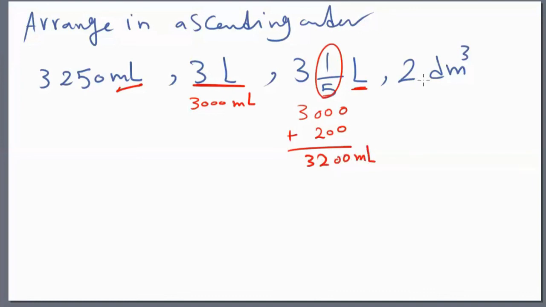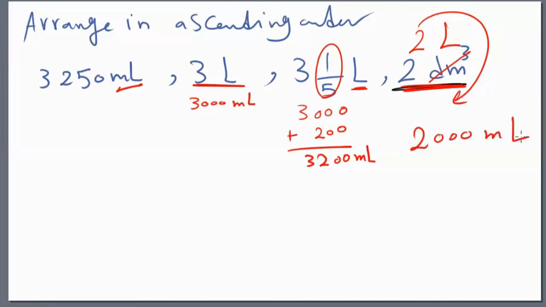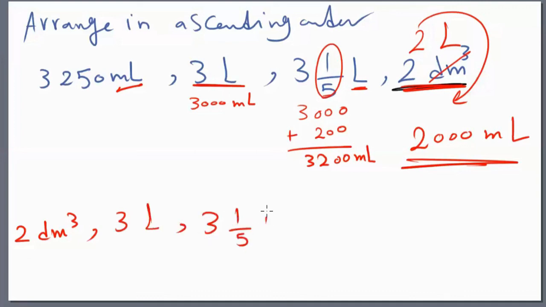And here I have 2 cubic decimeter, and we said cubic decimeter means liter, so it's 2 liter, which is 2,000 milliliter. So the first number here is the smallest number, so I will start with this 2 cubic decimeter, because I arrange in ascending order, then 3 liter, then 3 and fifths of liter, then